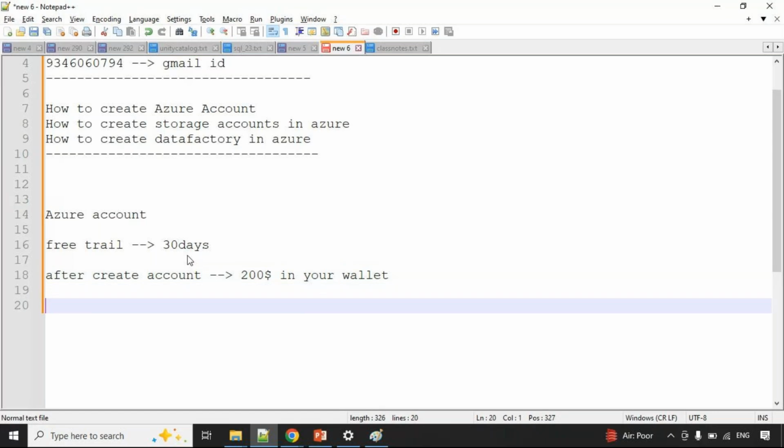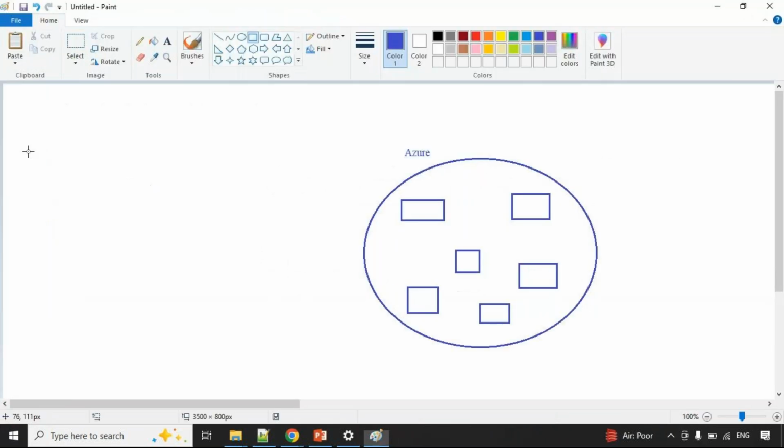Okay. For suppose, observe this one. I'm the person. I used the Azure service. I logged into the free trial. I have used some Azure space, storage account space.